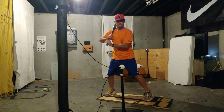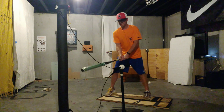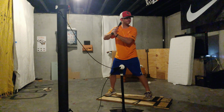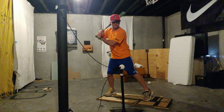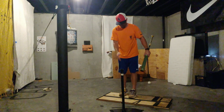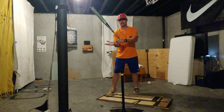Get yourself in there, take a couple rips. Man, that feels good. Or I don't like that. Just a little tweak here and there. If you don't like doing this, try putting the bat on your shoulder. Take a deep breath. Boom, and then go. All right? I can hit from pretty much any position because I'm comfortable where I get in the box. It's everything from this point, and I know how to keep my upper half and my arms and wrists relaxed,